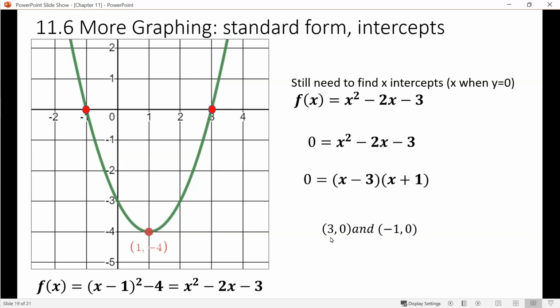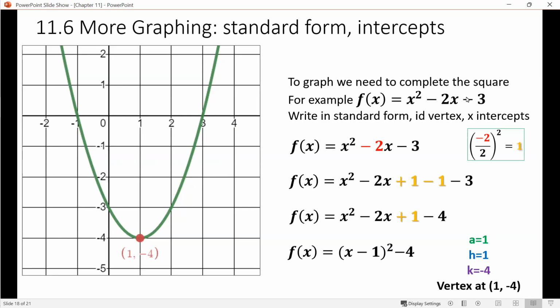So we have these points, (3, 0) and (-1, 0), that are the x-intercepts of this graph. Okay. So that's how you find the x-intercepts. So just to recap,